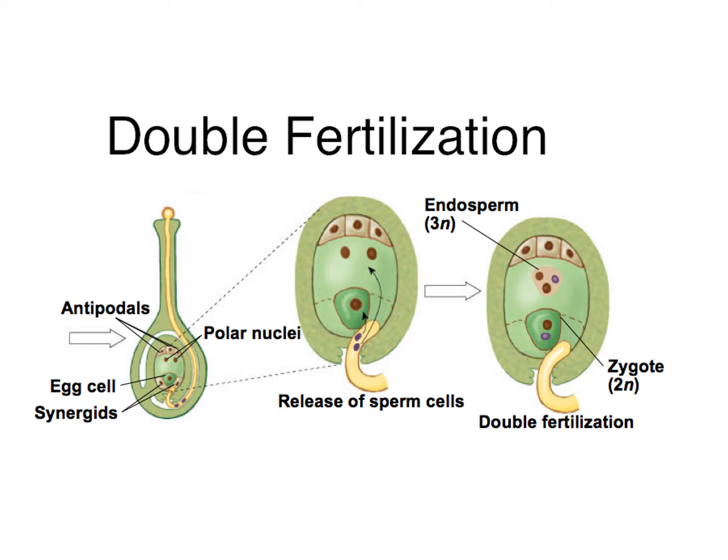Later you see a new term, 3N, and there is a 2N. In the zygote, two sets of chromosomes are added. The male gamete and female gamete are haploid, meaning they contain a single set of chromosomes, but they got double. But here three fuse: one nucleus, second nucleus, third nucleus, and it becomes triploid. So the zygote is diploid and the endosperm is triploid, because two fertilizations take place, one and one. That's why it is called double fertilization.